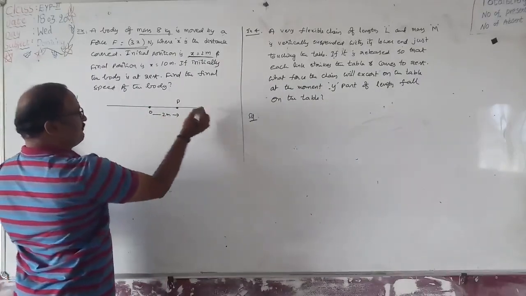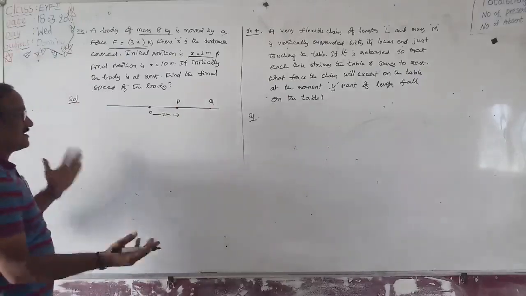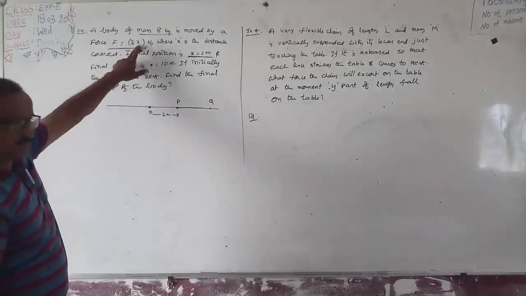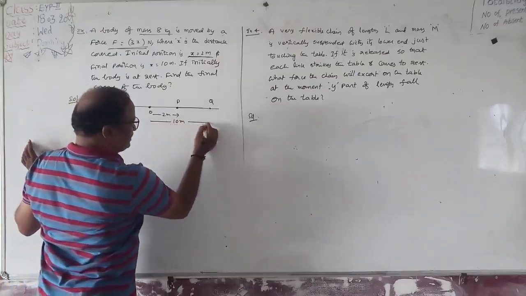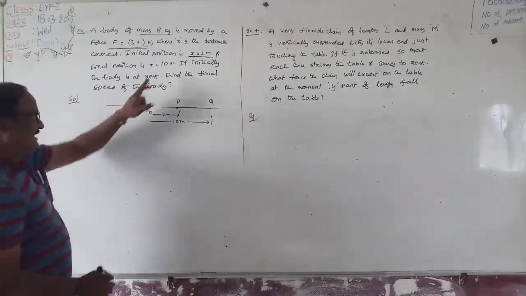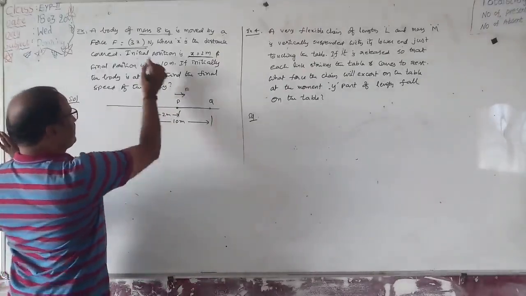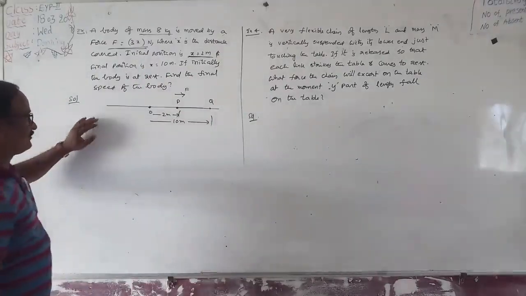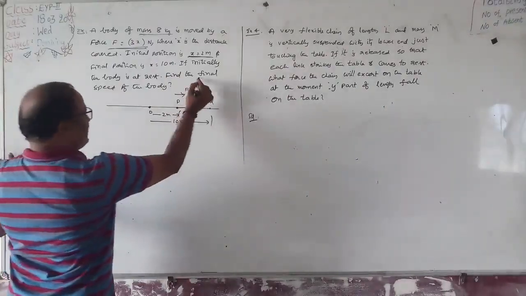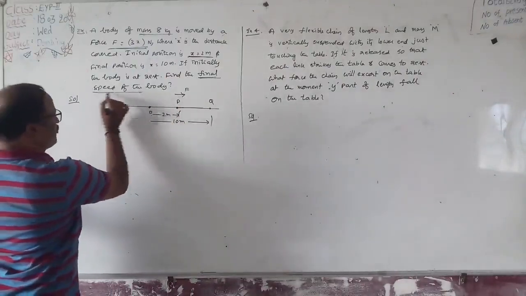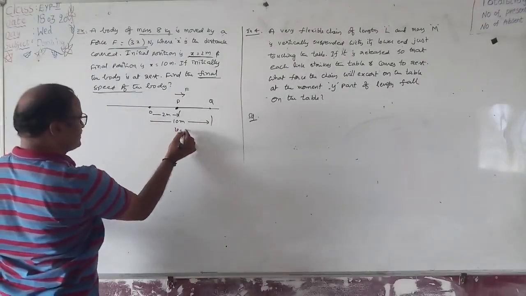It is moved from P to another point Q along the same positive x-axis because the force is positive. It is moved up to a distance of 10 meters, by applying the force in this direction. F is equivalent to 3x, and it is also variable. Here, what is the quantity to find? Find the final speed of the body. Initial speed of the body: initially it is at rest, which means u equal to 0.